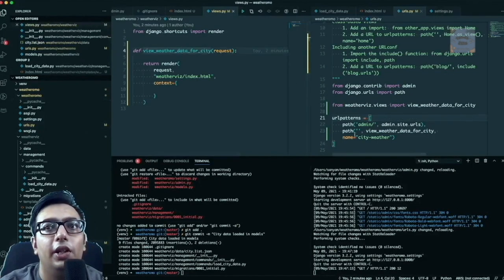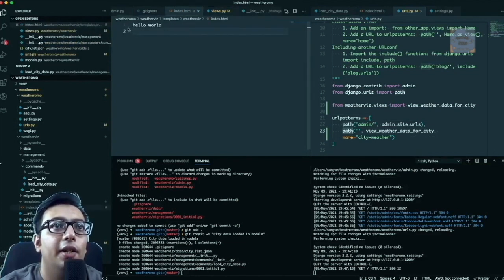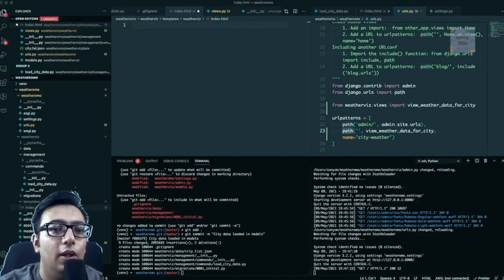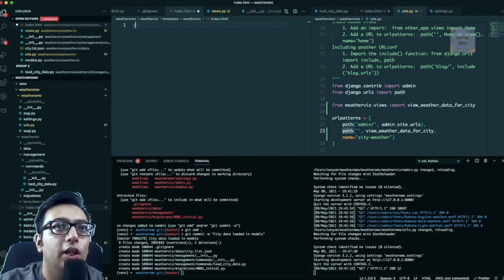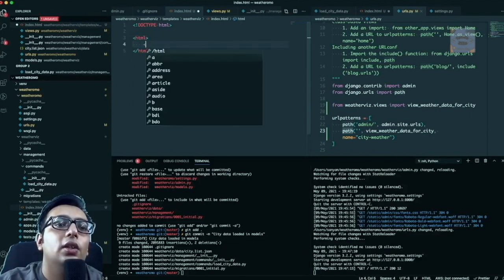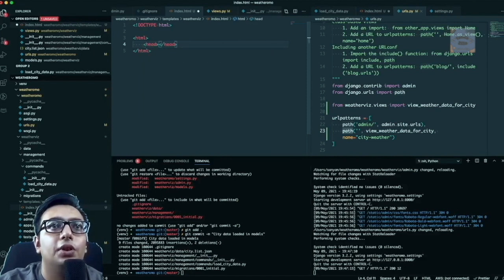This particular view is connected to the root URL, and it is able to serve this page right here. So we're pretty much ready to execute our path and display our data. Let's quickly make an HTML page so that whenever we fetch the data, we can put it inside here. So we'll say doc type HTML. Let's do an HTML tag,